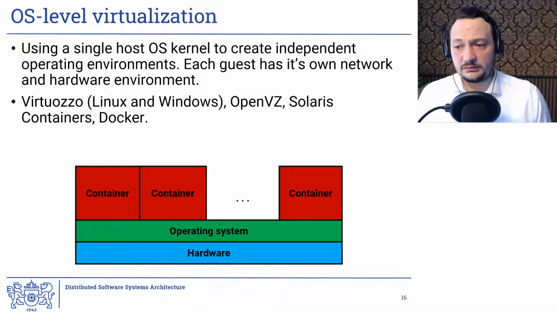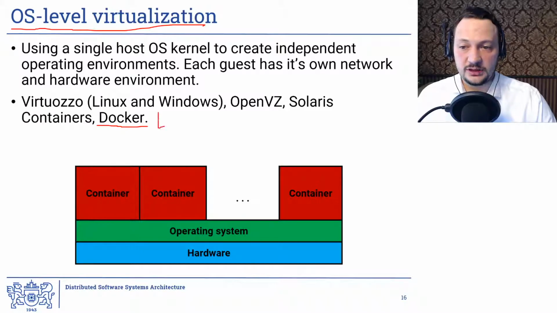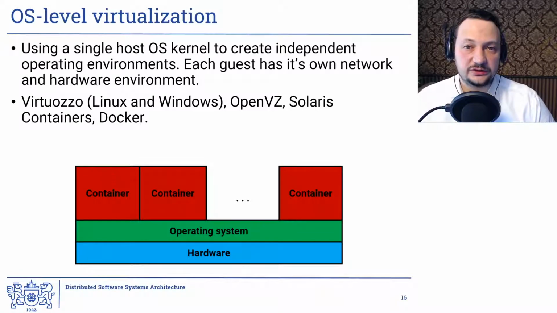And of course, there are some systems that historically existed previously, like Virtuozzo, OpenVZ, Solaris containers. But today, mostly, when we talk about OS level virtualization, we talk about Docker containers and LXC containerization. So what does this mean? What does OS level virtualization mean compared to the virtual machines previously? So let's take a look at this